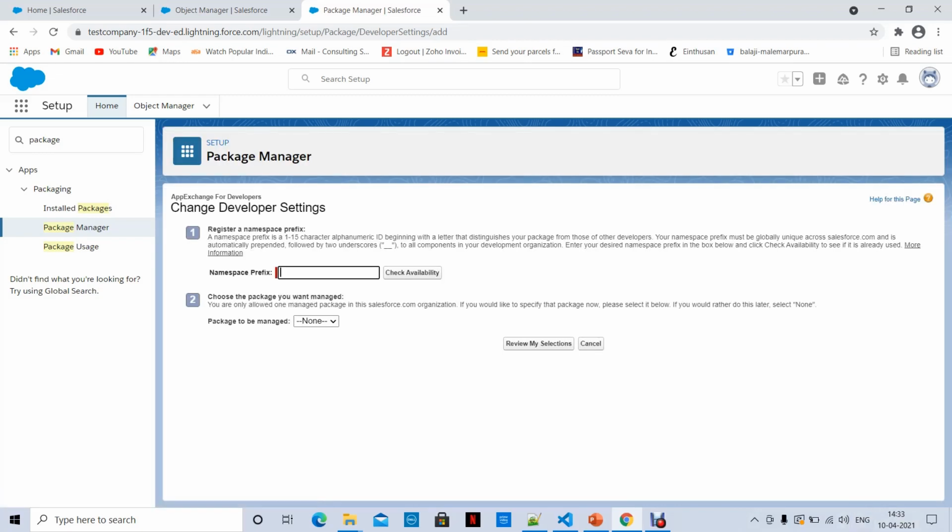And here I'm going to add a namespace prefix, I'm going to give a namespace name. If you are testing or trying to learn, don't give an original namespace here, because after that you can't change it. Instead, go with a test namespace, whatever it may be. See here, I'm going with test.